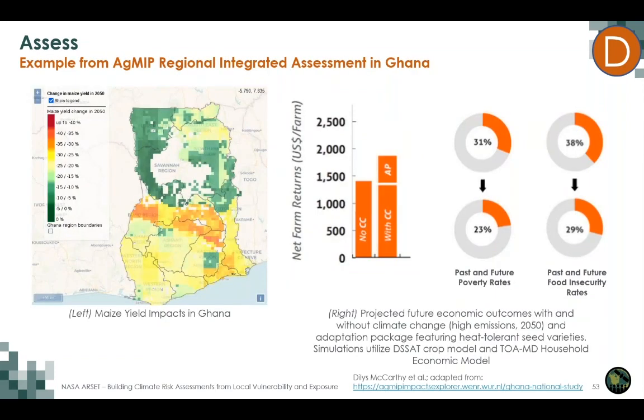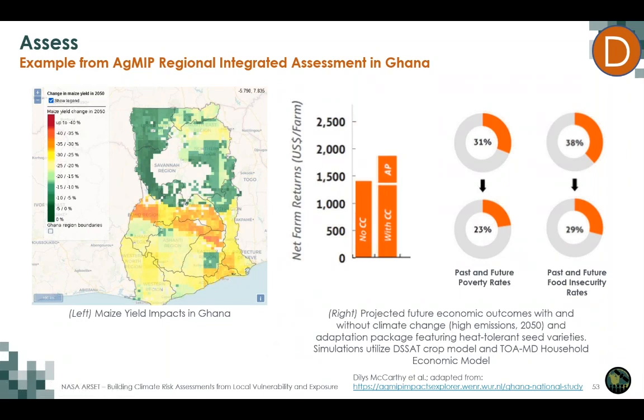Another thing that we are doing right now is understanding the actual impacts using additional elaborated models. So here is an example of projects in Ghana in West Africa. And we have applied a maize yield model or a corn model to understand how future climate is going to affect crop yields. And these are preliminary results, but what we wanted to show here is both the need to look at how climate and crop systems are responding across the country, but then to take those results, the crop